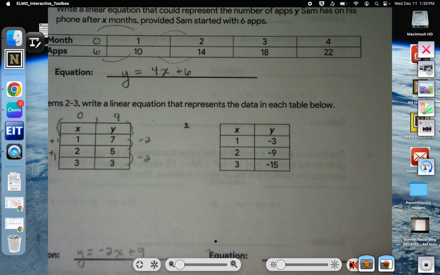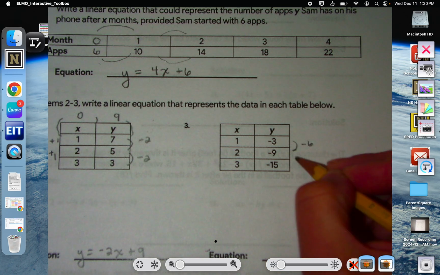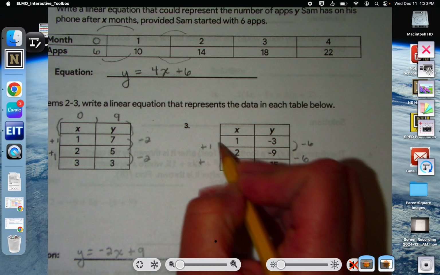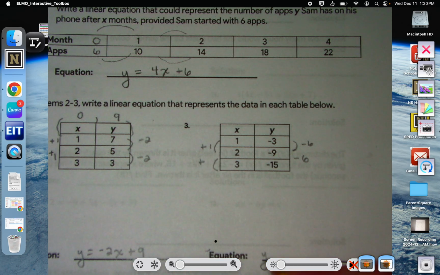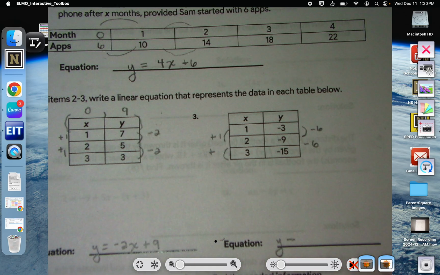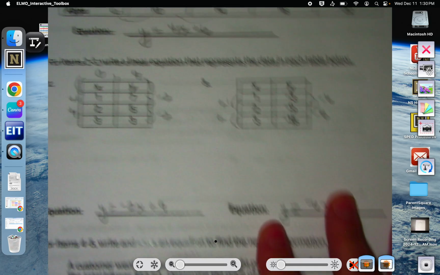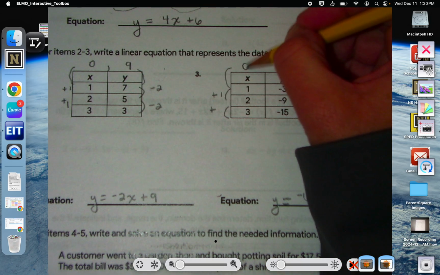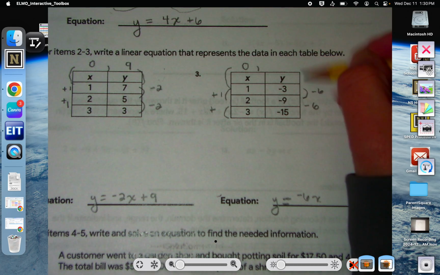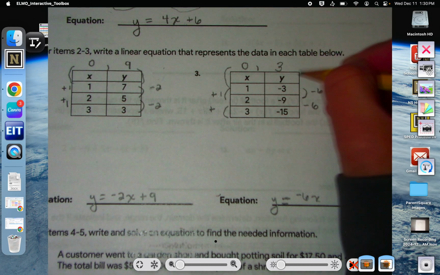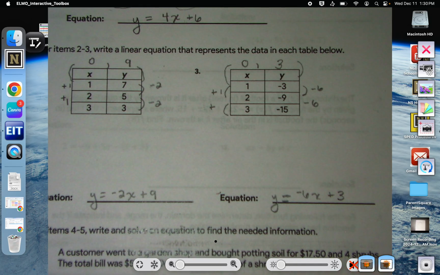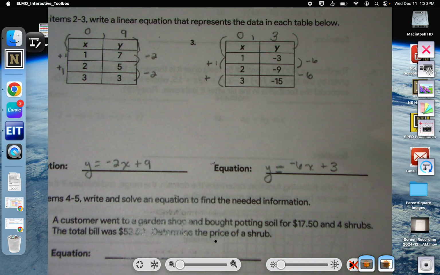Same thing for number 3. It looks like I am subtracting 6 each time, and I am adding 1 each time. So my slope is going to be negative 6x. And then again, I'm going to say, well, this going back would be to 0. And then what did I subtract 6 from? Well, I would have subtracted 6 from 3. So it's going to be negative 6x plus 3 for that one. Number 4,